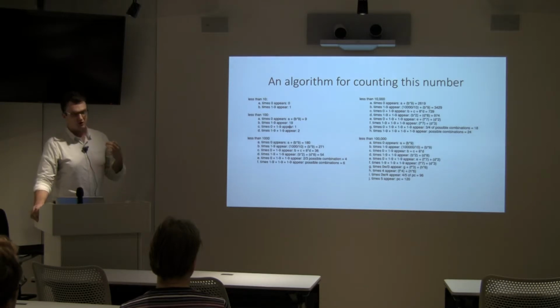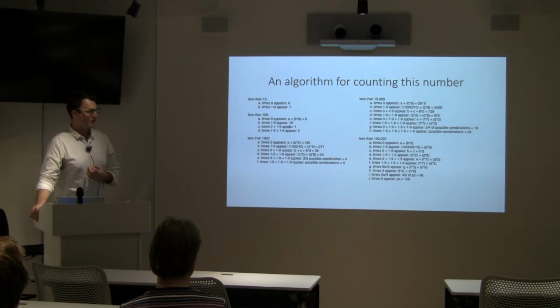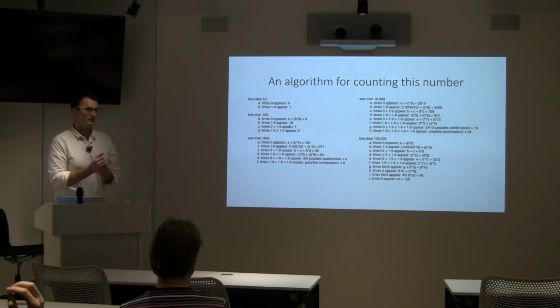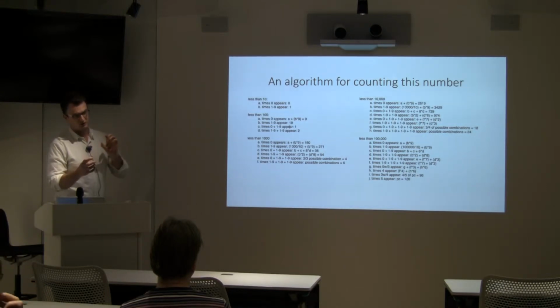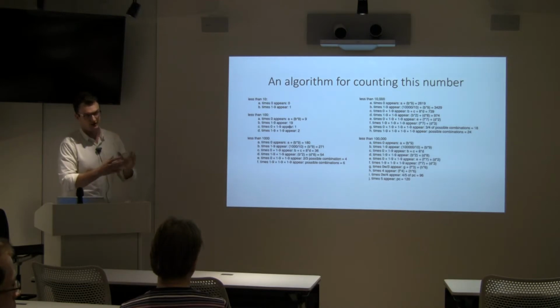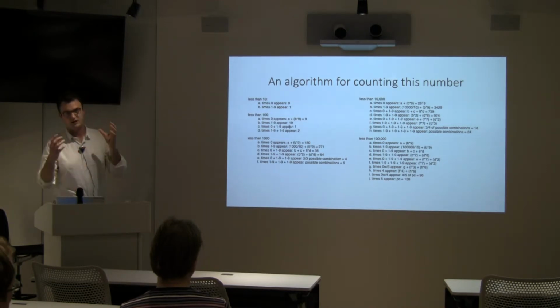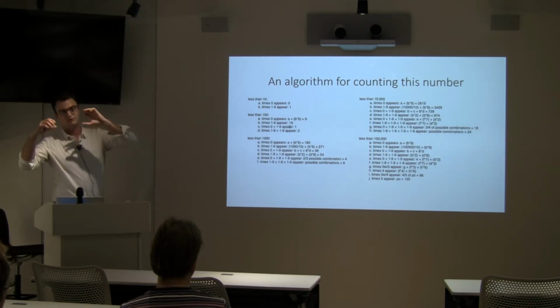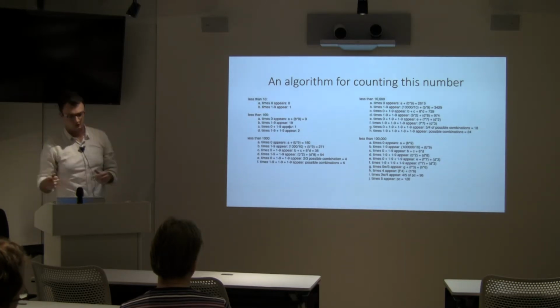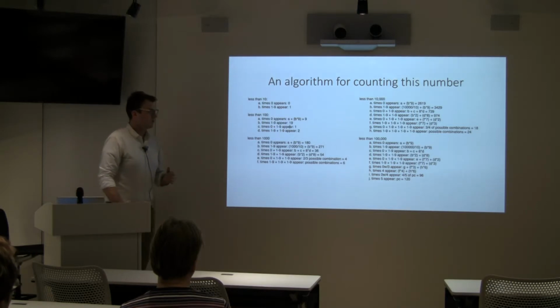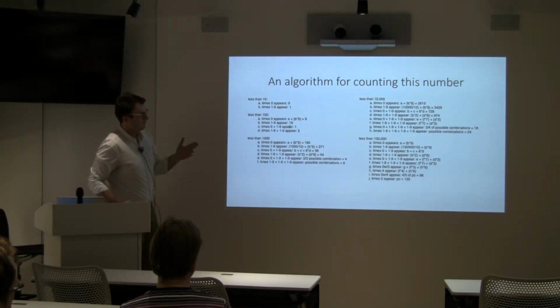In order to figure out how many numbers less than 10 to the 18th contain a digit, we have to set up what is basically a recursive function in which we calculate the number of times a digit appears in the first 10 numbers, and then use that to calculate how many times it appears in the first 100 numbers, then the first 1,000 numbers, and so on and so forth. So this actually isn't that difficult. We only have a few individual cases,